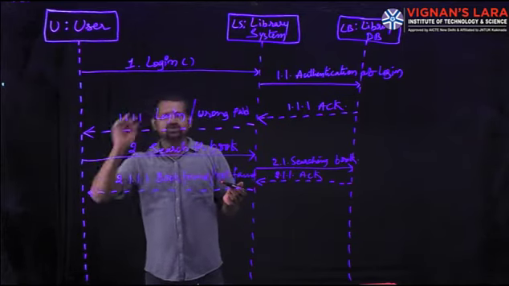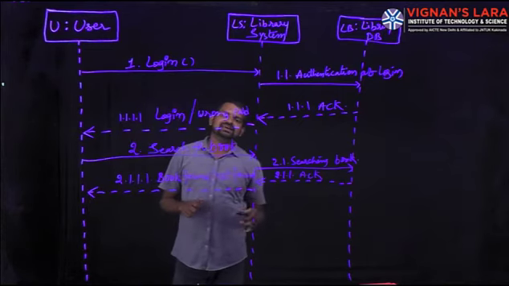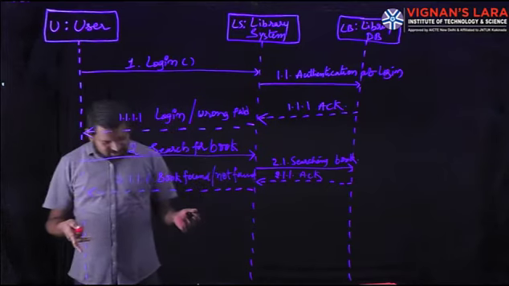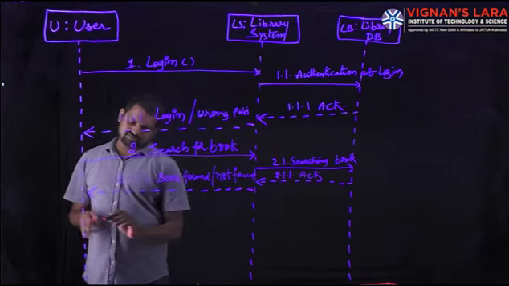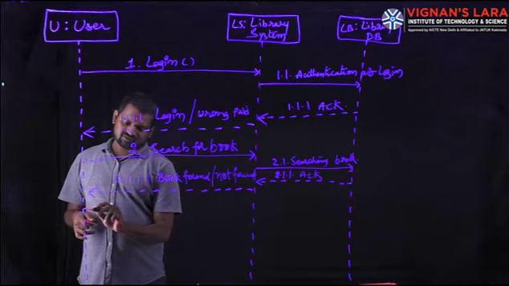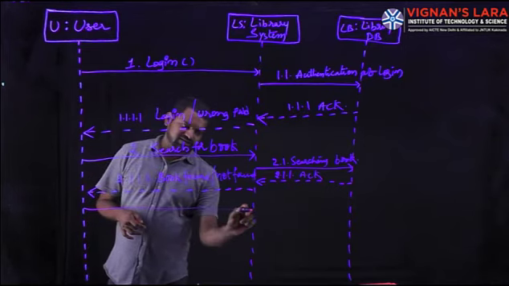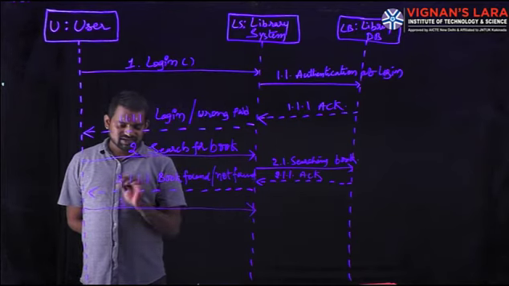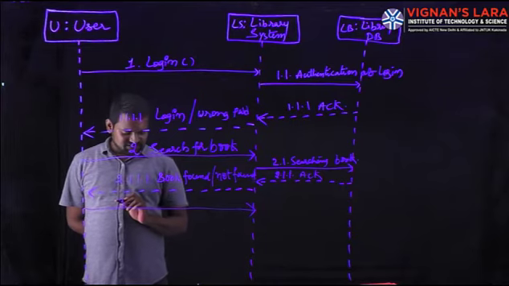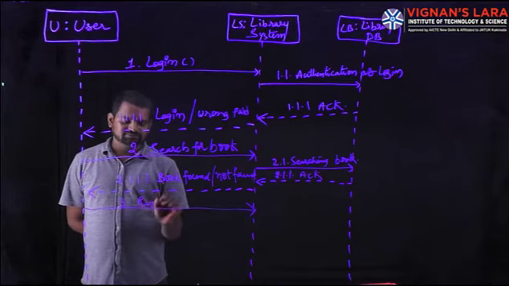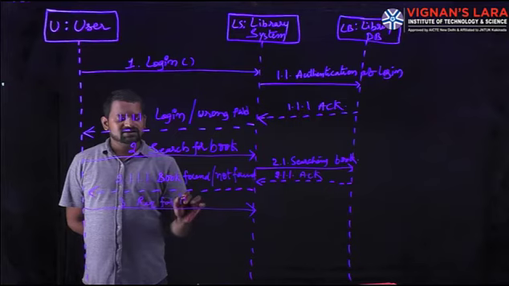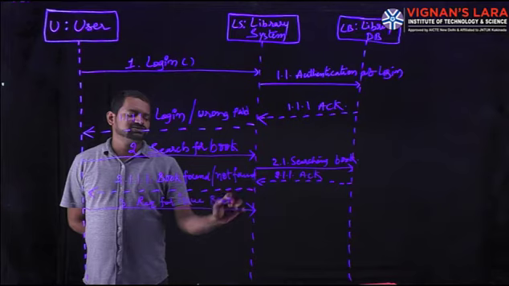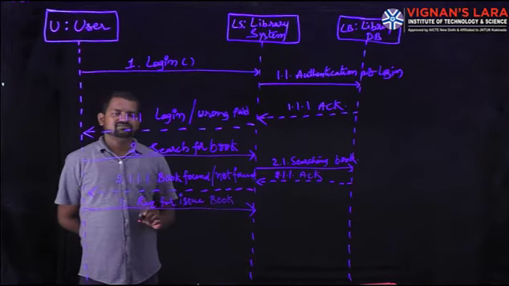If the book is found, what we have to do? If the book is found, register for issuing a book. What information we have to give? Give the request to the database through the library system. So this is step 3. What we have to do? Request for issuing a book.